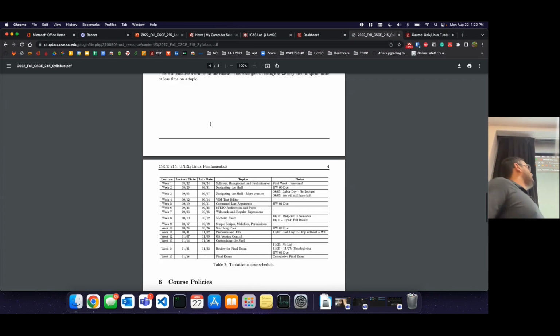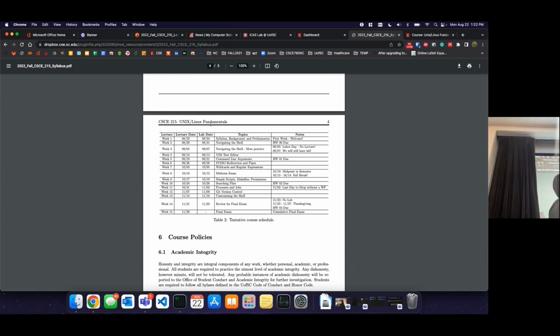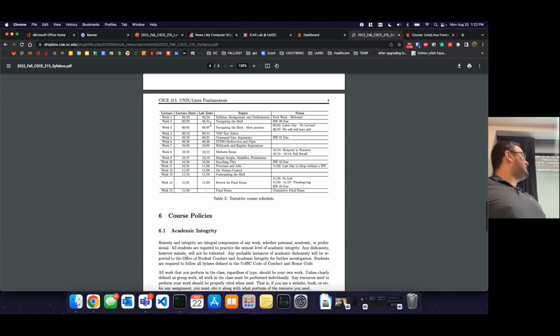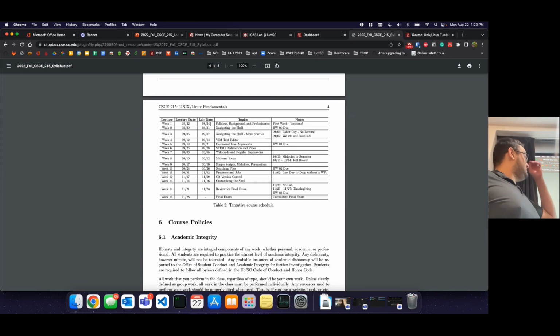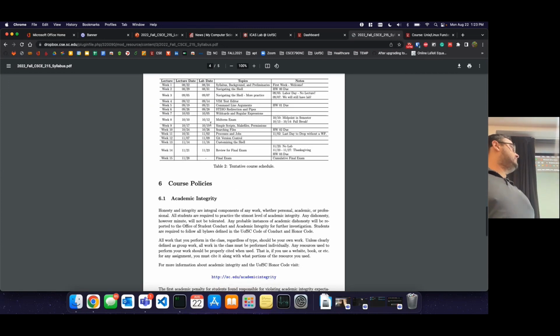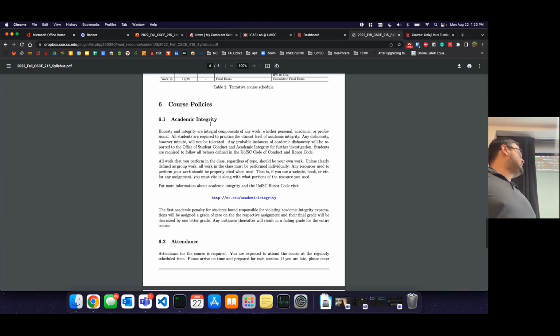Okay, so this is a tentative class schedule. Provided nothing happens, maybe hopefully we won't have, what was it called? Hurricanes or something again, like I had when I was here in the fall. So yeah, this is a tentative schedule. I have the notes of when the homeworks will be due, the midpoint in the semester, and when the final drop date is, so you can have those in mind.